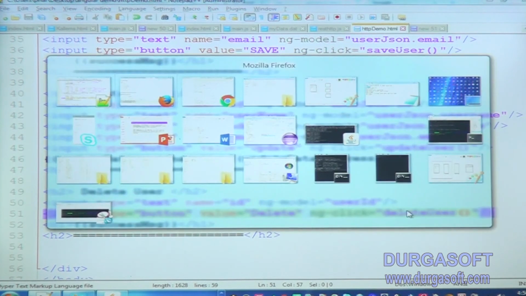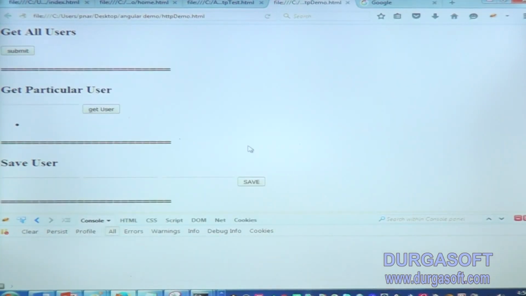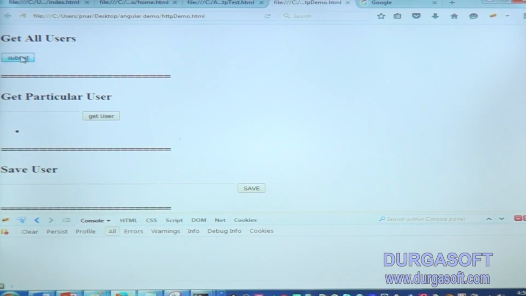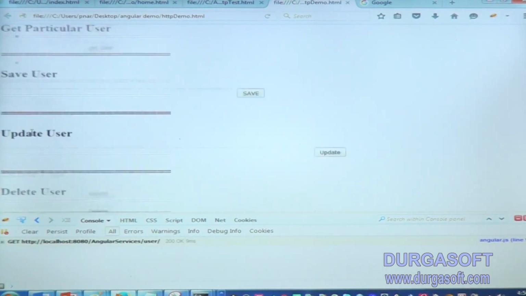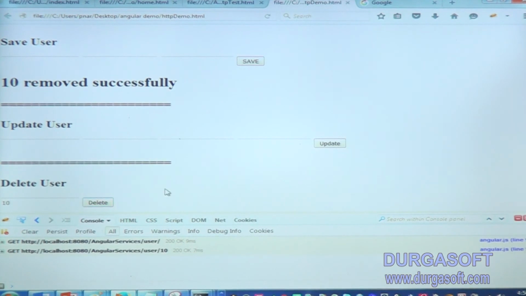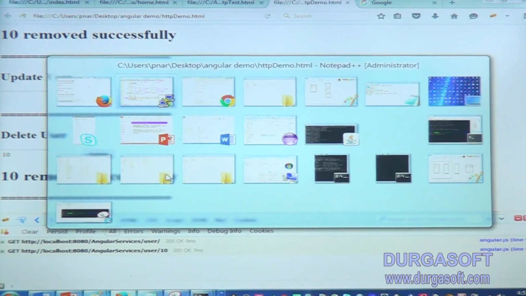Okay, now let's see. So delete user. Now we have records 1, 2, 3, 9, 10. Now I am going to delete record 10, so I am giving 10, delete. Yes, see, 10 removed successfully.